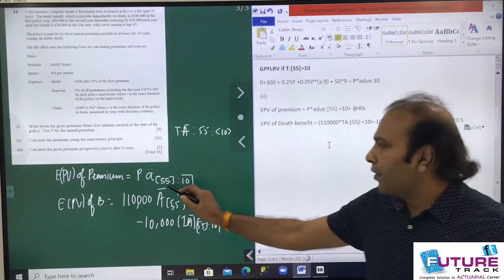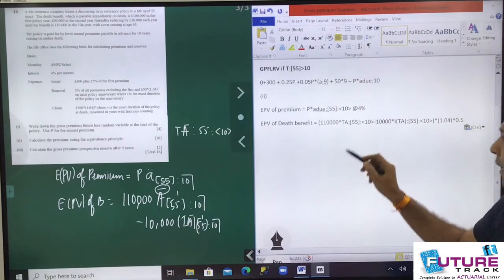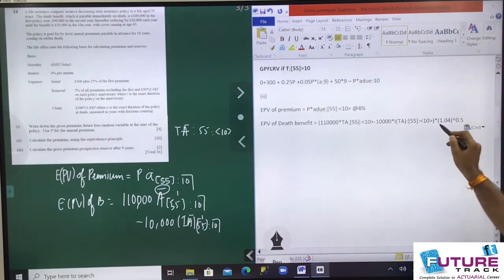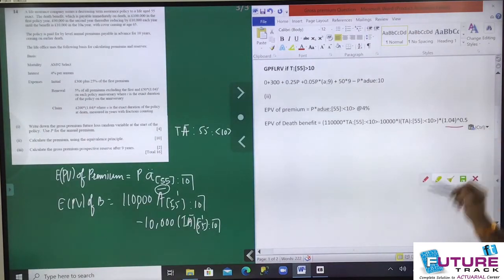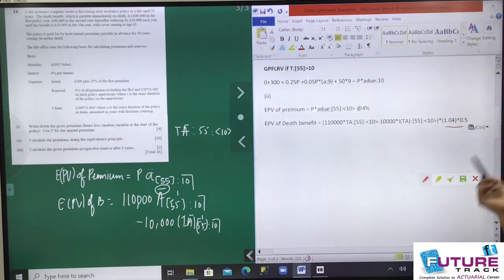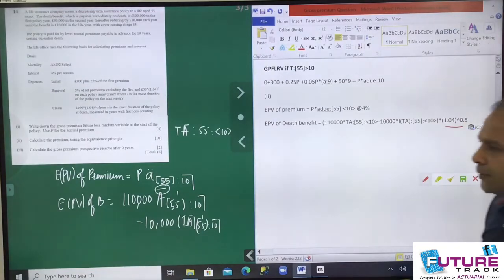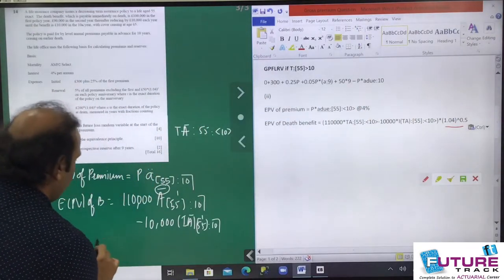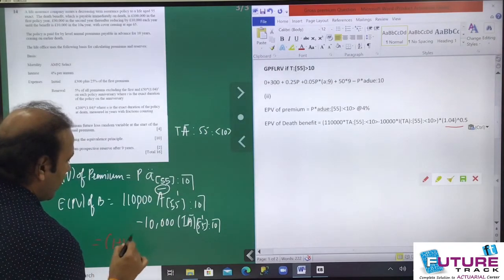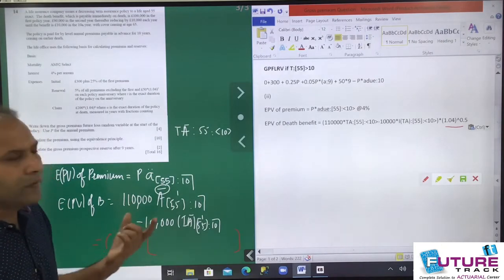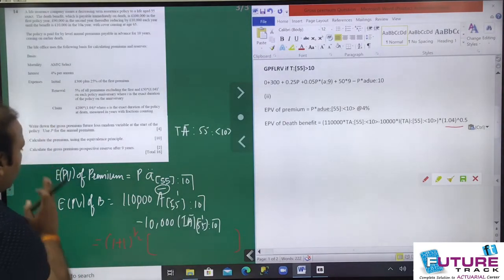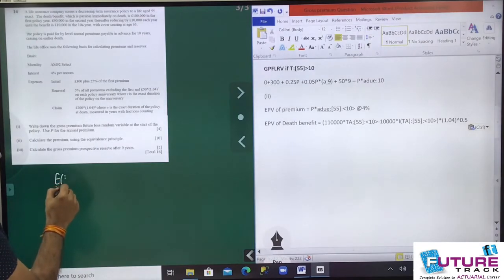Fine. Class, we have already adjusted, like you can save your time. Like I am not writing the bar part. I have already written here 1.04 raised to power half. So जिसके कारण there is no need to write the bar part. So in this way you can save your time. So I have already break this part कि मैंने एक step इसका extra कर दिया. तो I have written in short 1 plus i to power half this, ताकि bar हट जाए. तो इससे आपका टाइम सेव हो जाएगा.